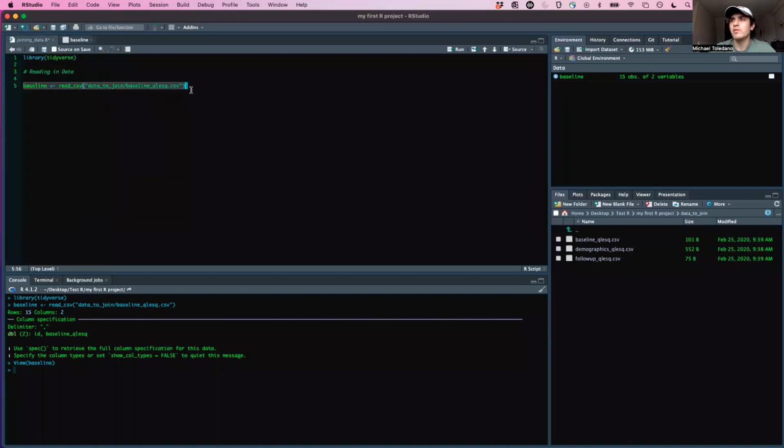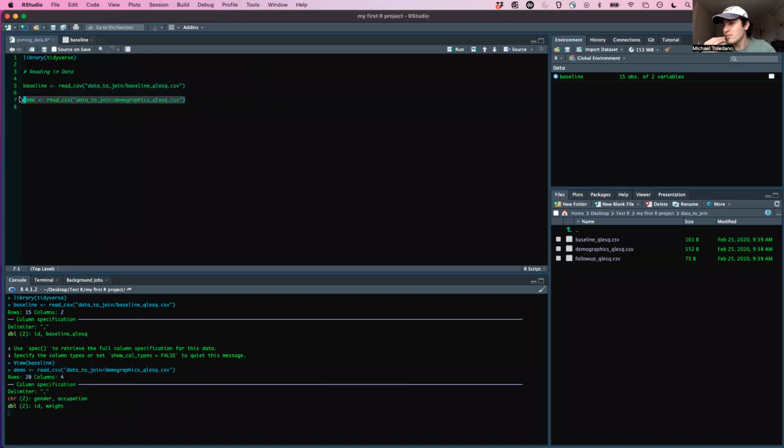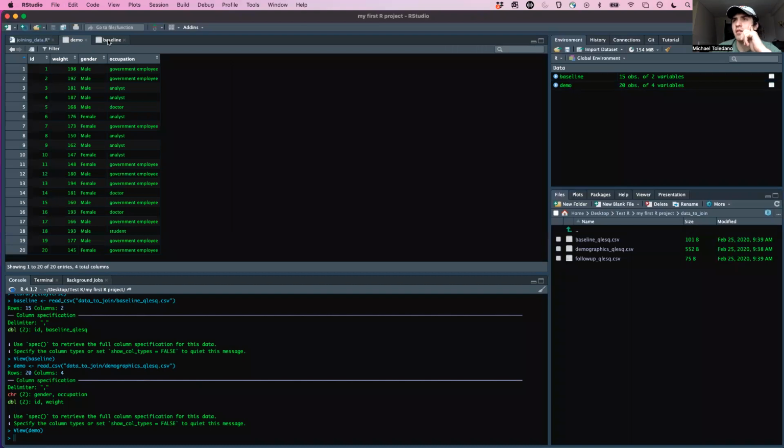And now we're going to do the same for the rest of the data sets. So just copy and paste. The name will be demographic, so let's name it demo. And we'll keep the folder because it's in the same folder. The only thing that's different is the first part of the file name, so demographics. All right, there we go. This one just has the demographic information on each person in the study, and the